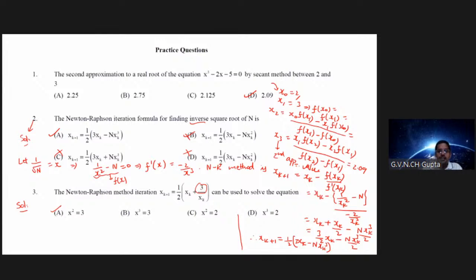Or the alternative method I told you. Even in this, option-wise, put x_{k+1} equal to x_k equal to alpha, and you will get alpha equal to 1 by square root n. But here, put the alternative, indirect method: x_{k+1} equal to x_k equal to x. Instead of alpha, I am taking x, which is a root of the equation. Okay, then